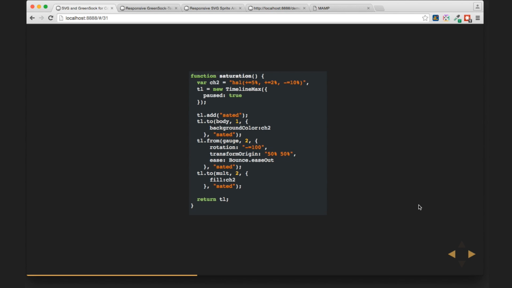The reason why I made it a variable is because the background needs background. Like, it's not going to use the same thing as the SVG, which is using fill. So I just want them to be consistent. And then for the other things, we have paused equals true for the timeline, which means it's paused initially so that I can call it later in a function. So if there's an event handler on a button or something, then I can restart that timeline that way.